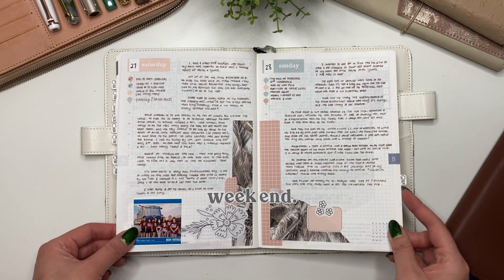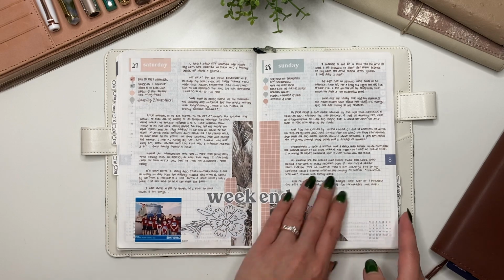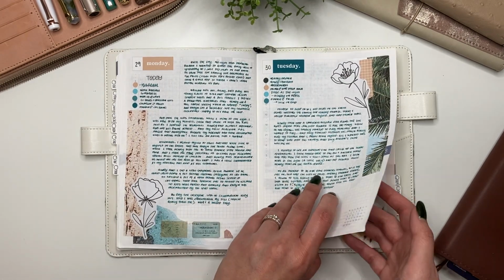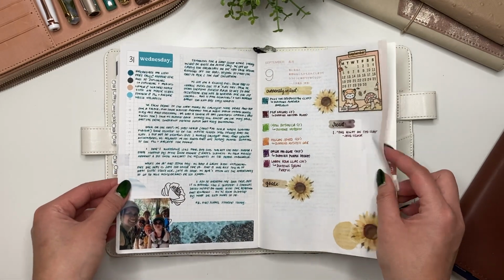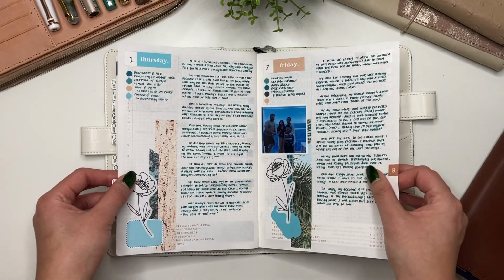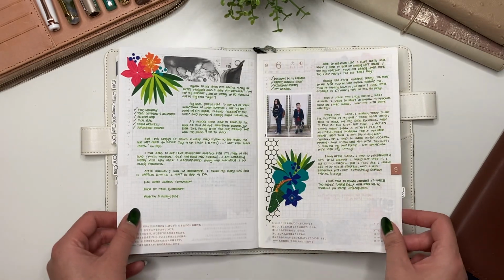And another picture of us as well. Yeah, I love looking back on this, love looking back on the decoration. And this journal is mainly for me. I mean, I know there might be some people who pause and stop to read this. Fine, go ahead. It is mostly private, but I am sharing with you how I decorate and how I fill